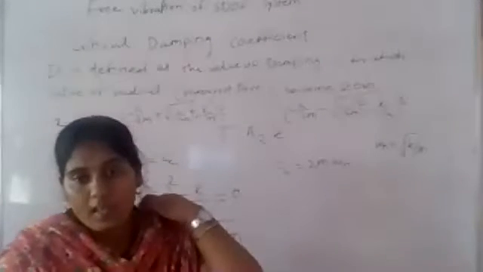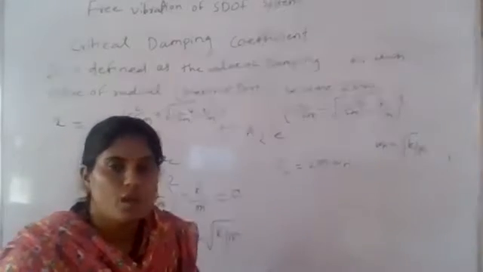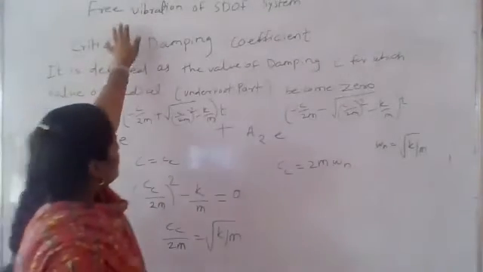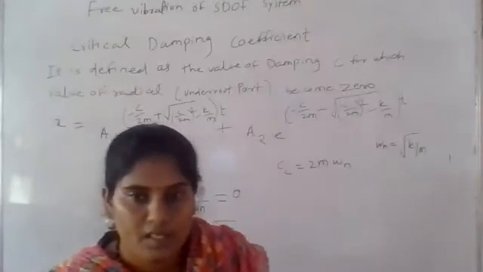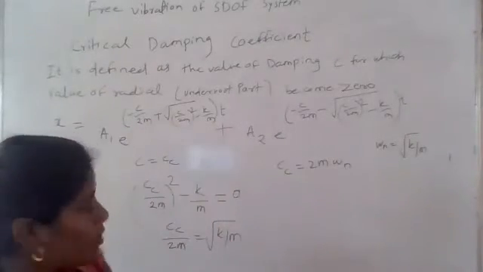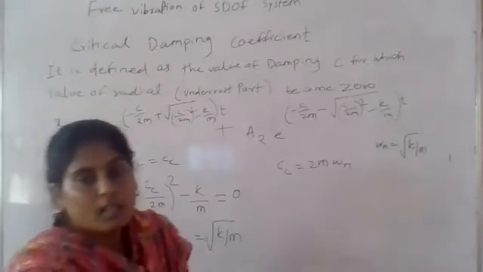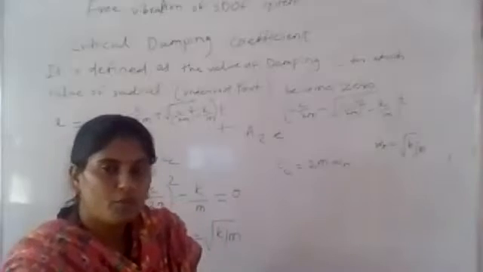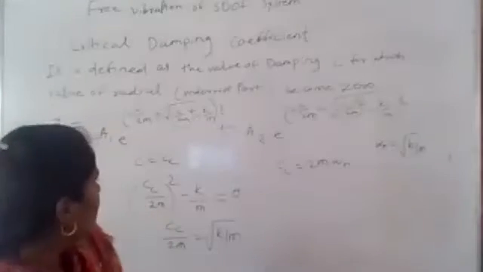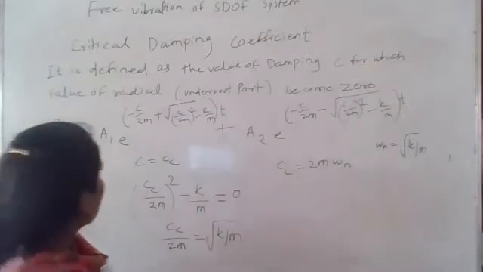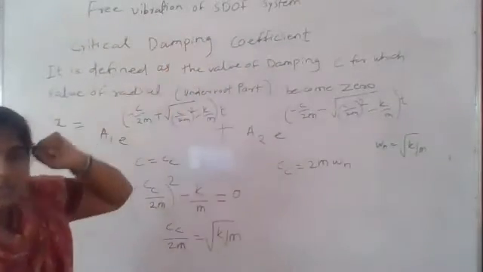And at the last point, we started the second derivation, based on the free vibration of a damped system. In that derivation, we saw that an equilibrium equation is formed. Up to that we have solved, and based on this we will go to the next point, the free vibration of single degree of freedom system. We have seen up to the equilibrium equation.